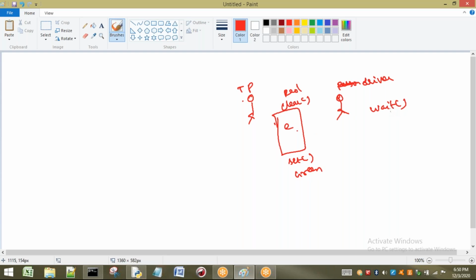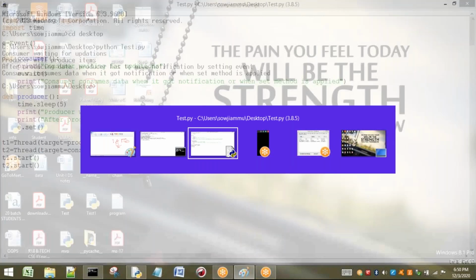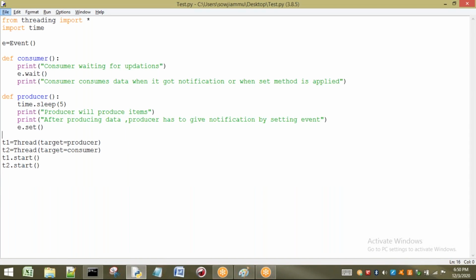So now the driver is waiting here. The traffic police has set the event, that means the traffic police has given the green signal. Then these drivers will move on, and vehicles will move on the road. Next, again, the traffic police applies clear. Then these vehicles have to stop here, that means wait. They can move once again if the traffic police applies set, and so on. This is the concept. I will apply a while loop so that it continues. Right now I will write a small program for this. Now see, same concept, so everything will be the same up to here.